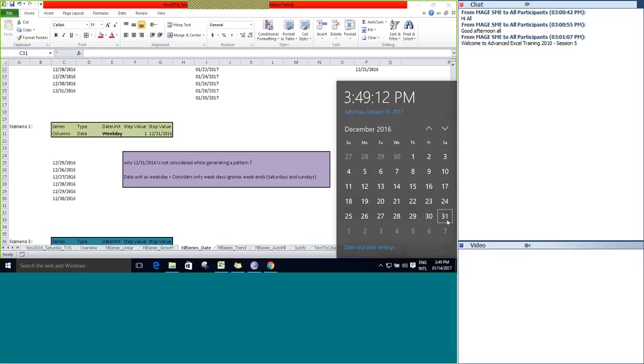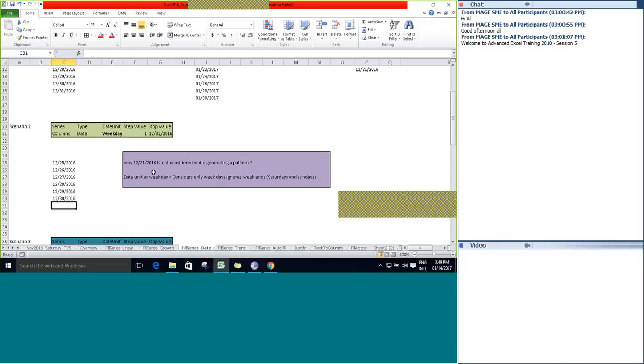If a date is a Saturday or a Sunday, that particular date will be ignored while generating the string pattern. So here is the hint why 12/31/2016 is not considered while generating a pattern. Date unit as weekday considers only weekdays, ignores the weekends, Saturdays and Sundays.